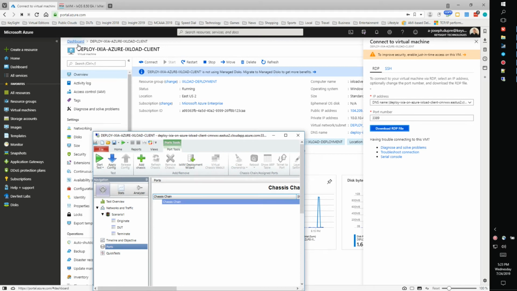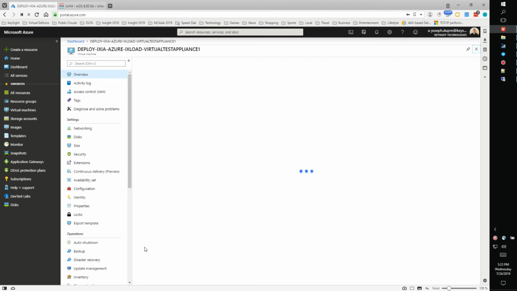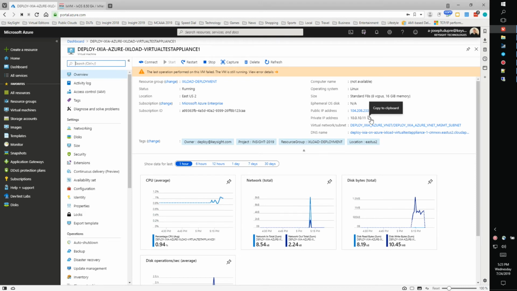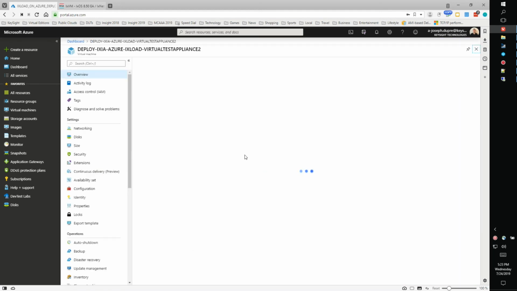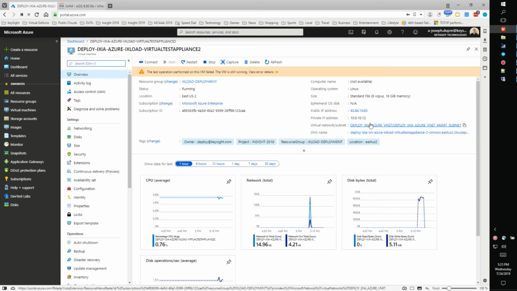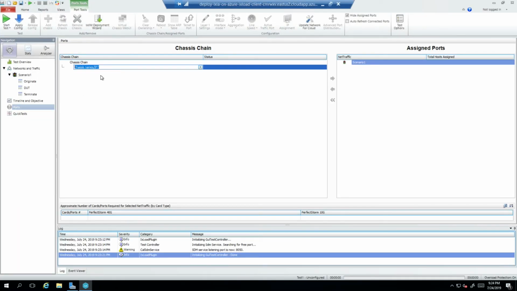So let's go take a look at what the two test appliances are. So we have our pins here. Let's find out what their private IP addresses are, because we should be able to communicate directly with them. So we got a 10.0.10.11, and I'm going to suspect that this is a .12, but let's go verify. It is. So 10.0.10.11 and 10.0.10.12. So I can add a chassis